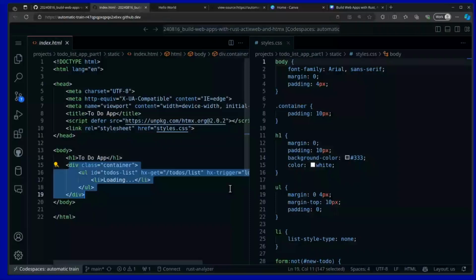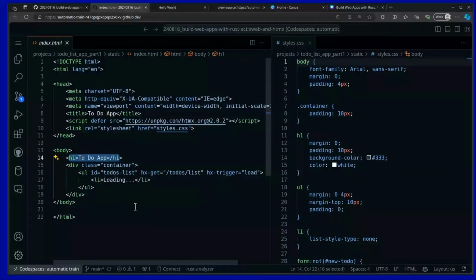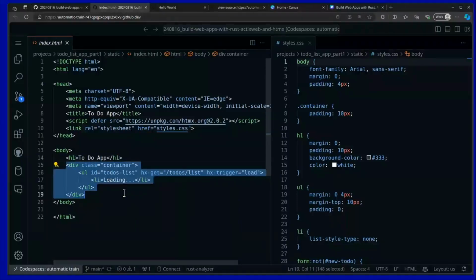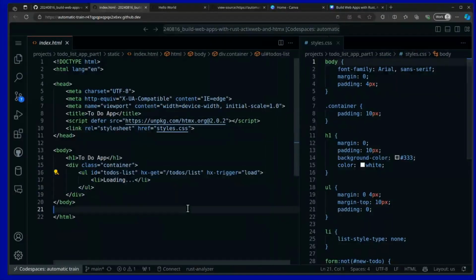So you'll notice here in the body, I have this H1 element that says to-do app. I have a little div tag with class container that's just to do some styling and stuff like that. And then I've got this unordered list. The unordered list, you'll notice, has some of those special HX attributes. The HX attributes, when you see that, that's referring to HTMX. And you'll see that we're going to add the ability to make that call back to the server directly on